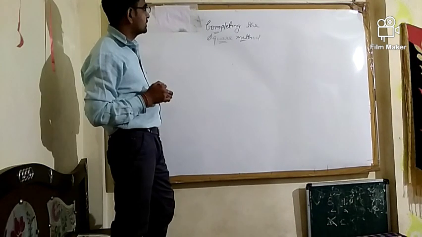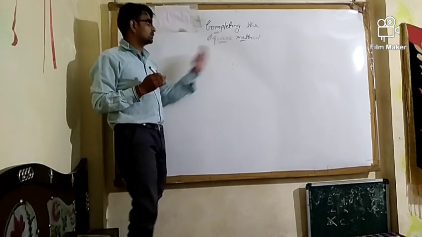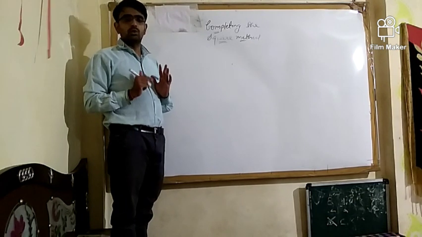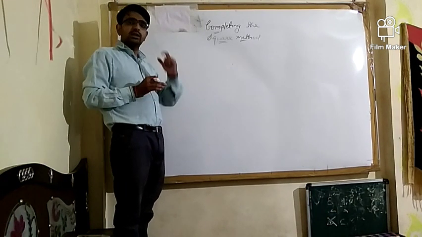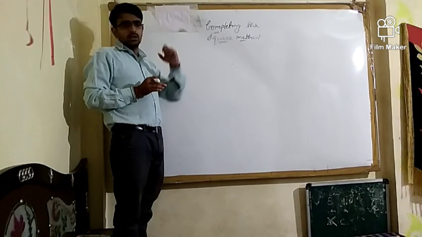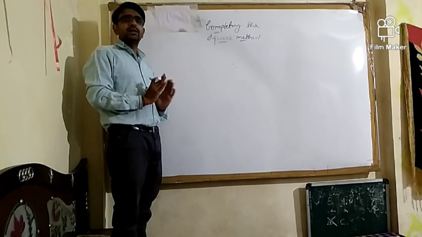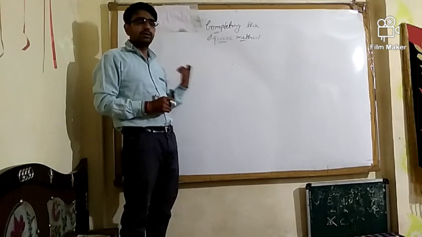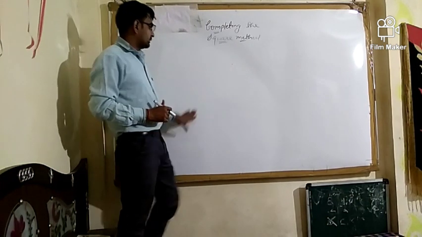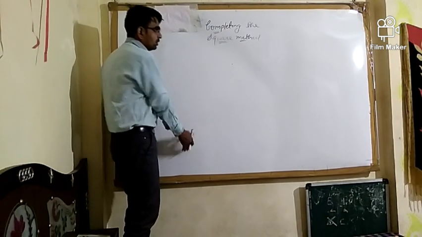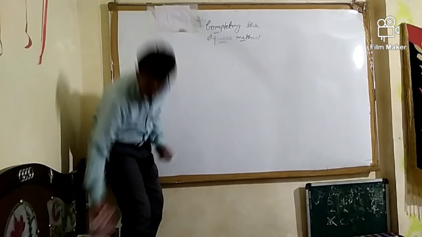As the name suggests, completing the square. In this method, we will complete the square. That means we will convert one side of the equation into a perfect square and solve it. Before doing the questions, let us see the algorithm of this method.